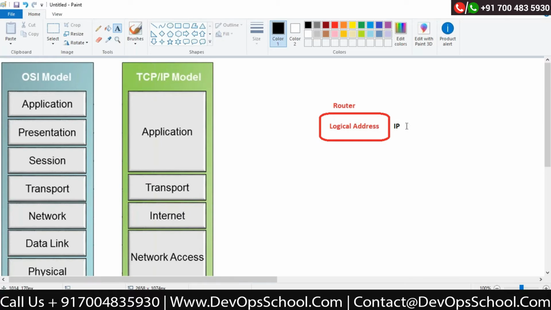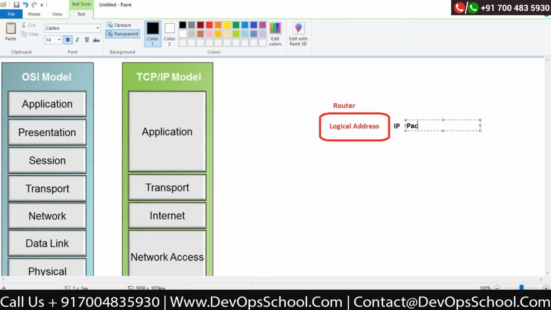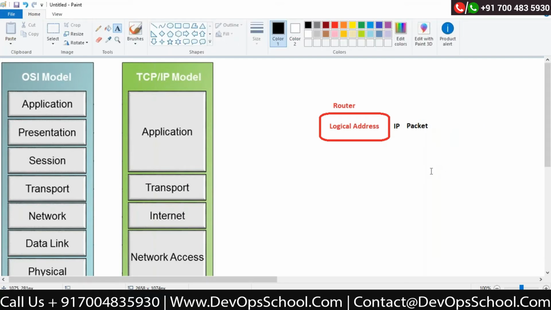In IP addressing, we will consider everything as a packet. Look at it. Physical, everything is considered as bits and bytes. I'm sending those bits and bytes to the switch. Everything is considered as frames. If I'm sending the frame to the router, everything would be considered as what? Packets now. Correct? Now this would be the unit if I'm dealing with the router.